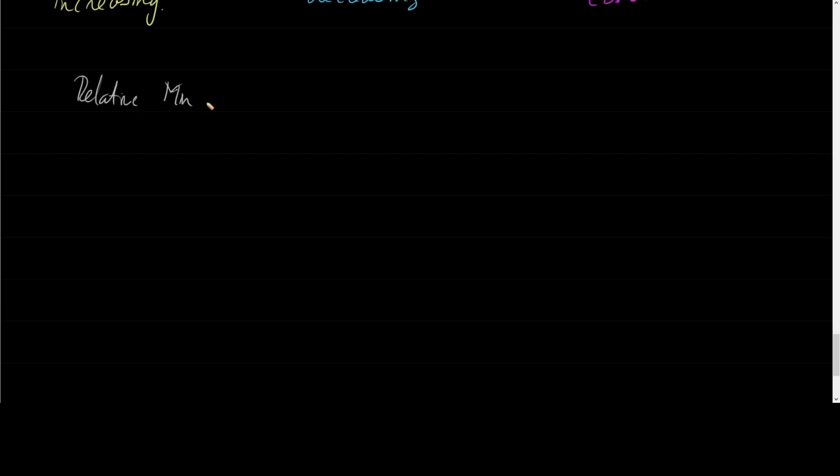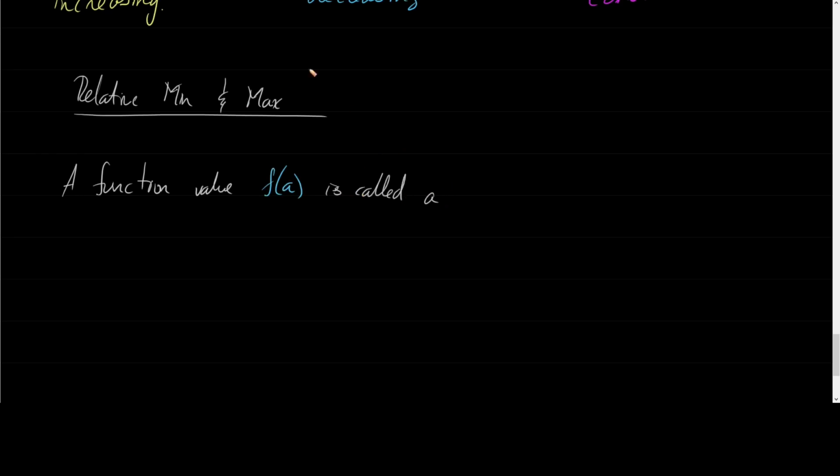Relative min and max. All right. So minimum, maximum is what we're talking about here. Now, a function value f of a is called a relative min of f